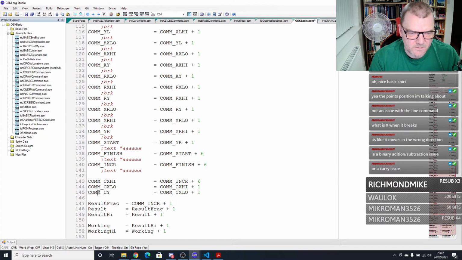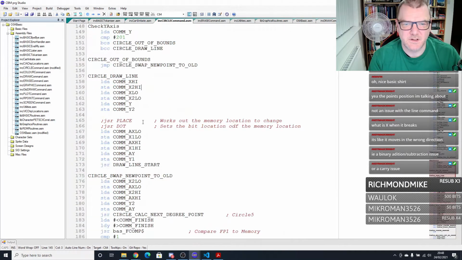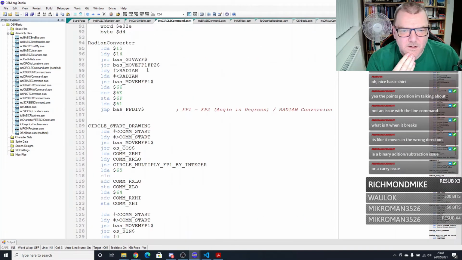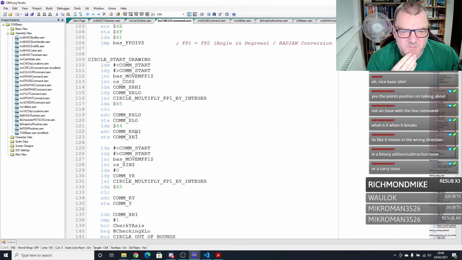Right, so there's two variables that we're using. X1, Y1 to start the line, X2, Y2 to end the line. We've got AX and AY, which is the temporary storage. We've just created another one just in case our Y1's are getting destroyed. So what we're going to do here is we work out the first point and put it into